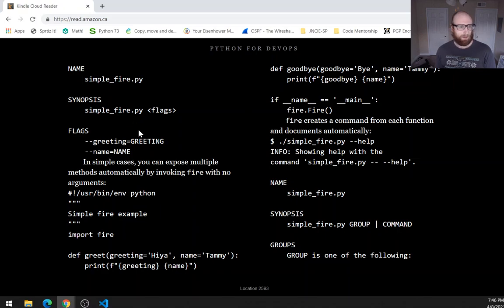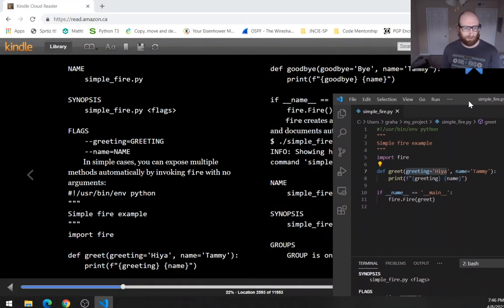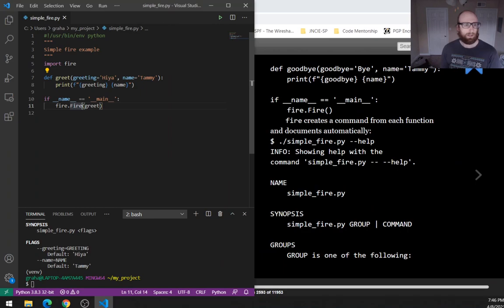Okay. In simple cases, you can expose multiple methods automatically by invoking fire with no arguments. All right, let's try that. So here we've got the same thing we had before for the function, and then it looks like they build another function down here. Goodbye. And then